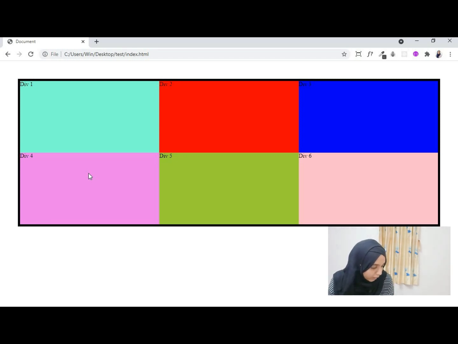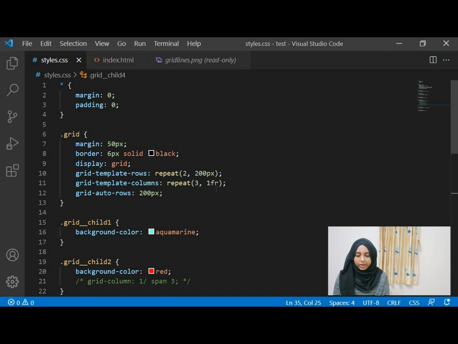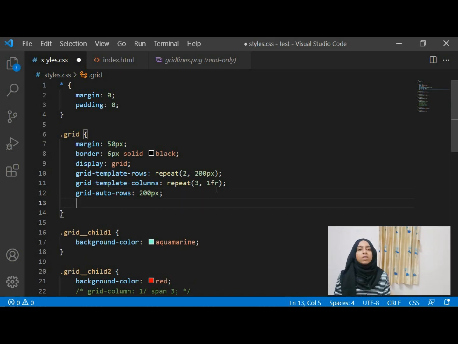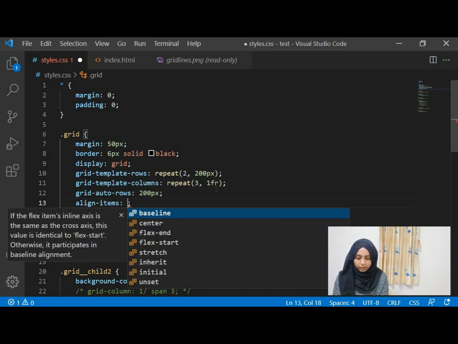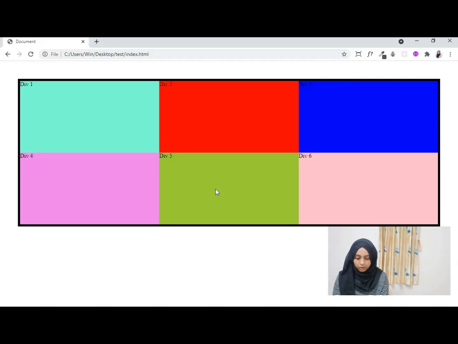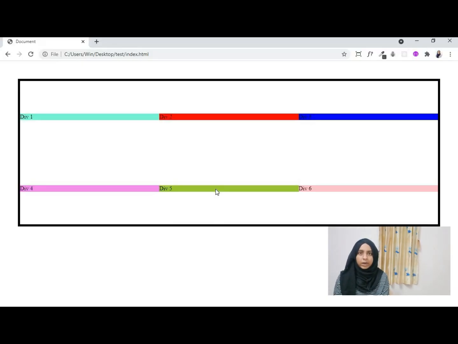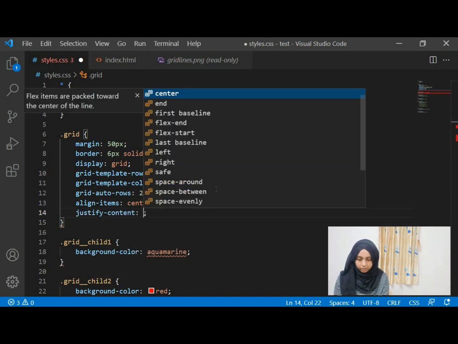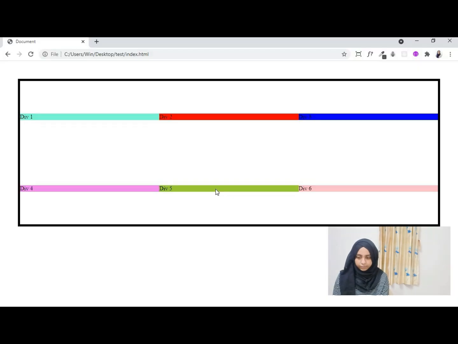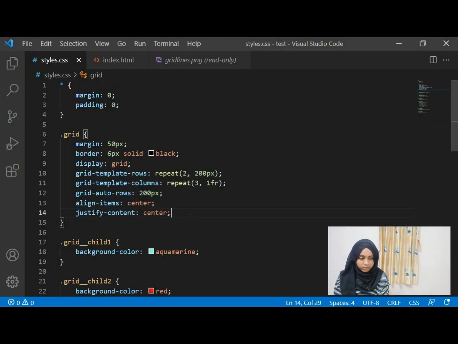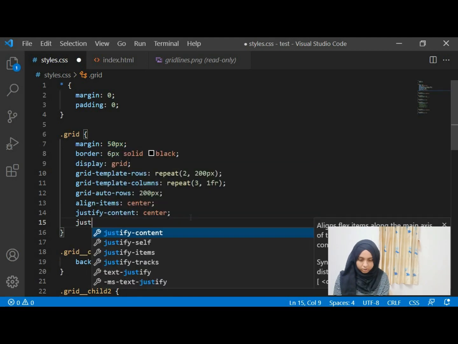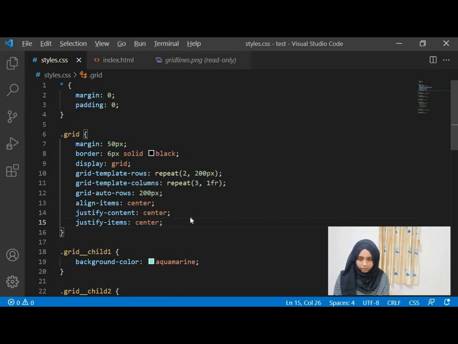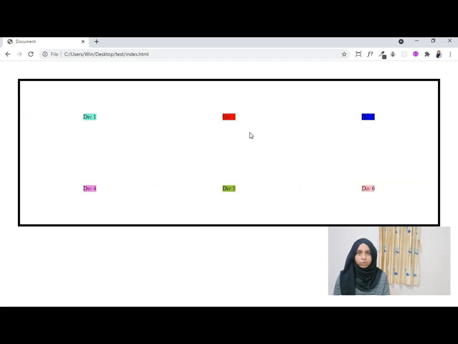Now after that, we have our align items and justify content properties. Similar to flexbox, in flexbox, how we had align items, right? So here similarly we have the same thing, that is align items, for example center, and we refresh. Can you see the items have been aligned in the center? And you also have justify content center again over here. So you won't see the difference because it is already in the center. And justify items, if you give it a center, you will see a difference here. Can you see your divs move in the center,